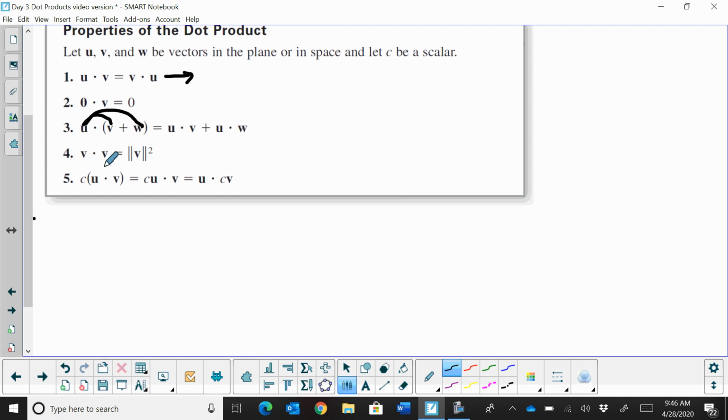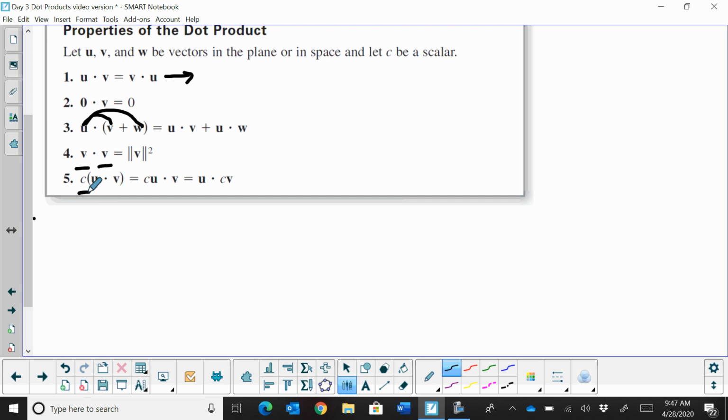The next property is v dot v, so a vector dotted with itself. That's the same as the magnitude squared. So remember these symbols mean the magnitude, or the length. Basically, when you take the dot product of a vector with itself, you're getting the magnitude squared. And then the last